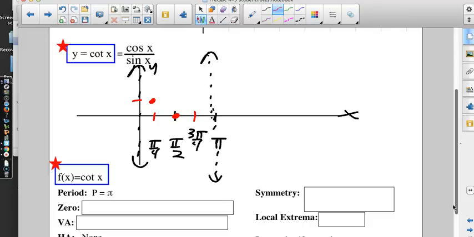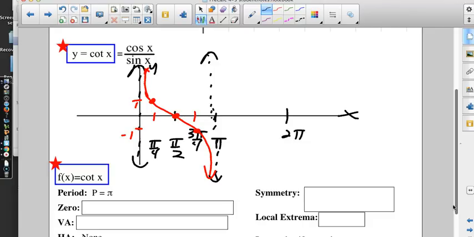And that's going to get us a negative 1. And then again, we just make a nice smooth curve showing that we're approaching the asymptotes. Remember, we need to spread these things out so they look like they're approaching the asymptotes, but never quite getting there. That's cotangent. If you wanted to make another one,